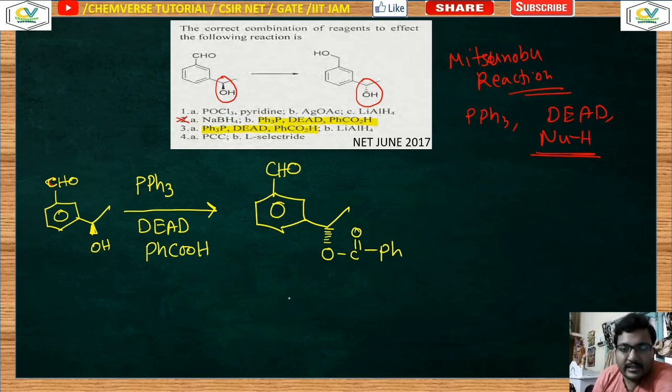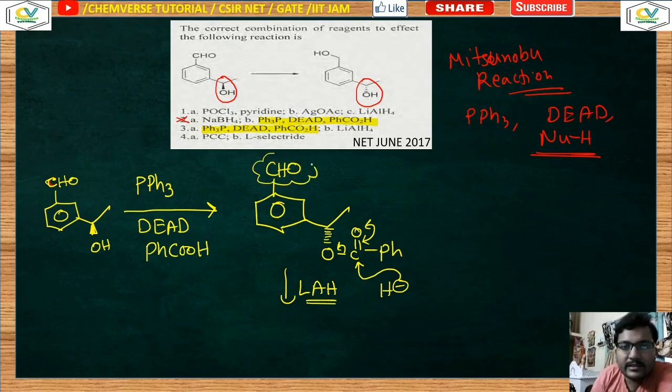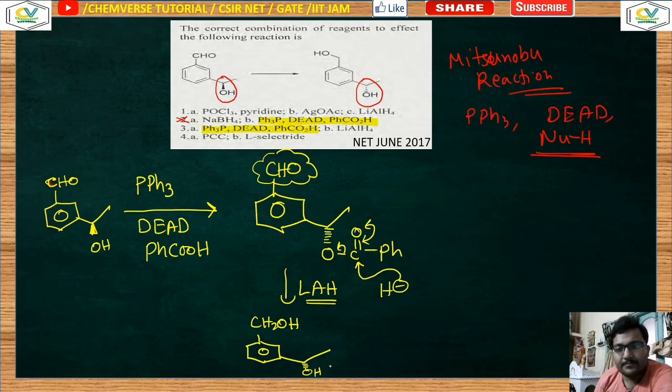Now after this step, there is LAH. LAH is a strong reducing agent. So it will provide a hydride attack here on this ester carbon. So it will be O negative, it will come back, and now it will be O minus. After workup you will get OH. And this LAH will also reduce this aldehyde portion. So that aldehyde will be transformed into CH2OH. So here you will get a CH2OH, and at this position the stereochemistry is inverted.